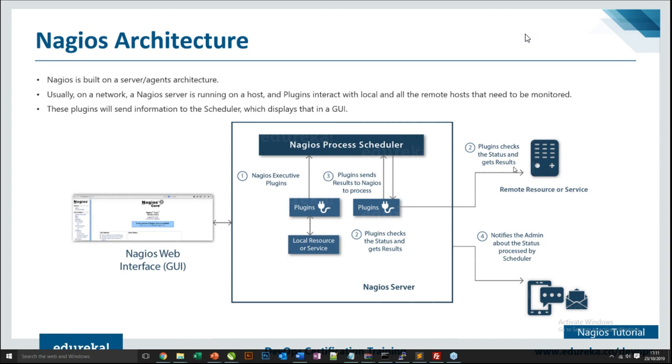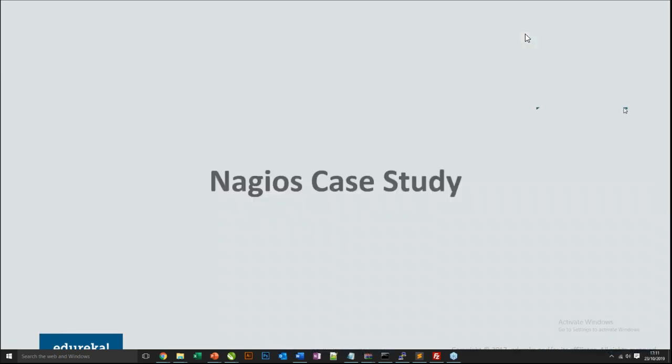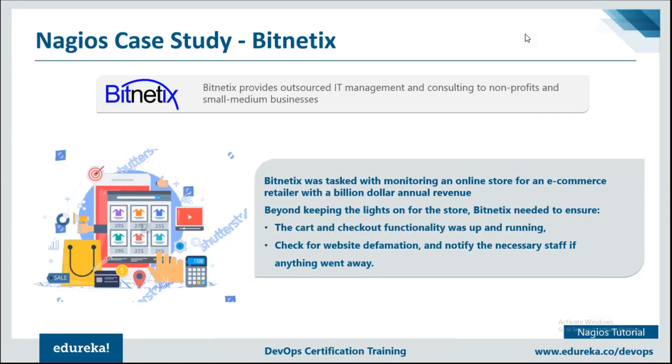All right, so now let's discuss a short case study on Nagios as well. There's a company called Bitnetics. Basically, it provides outsourced IT management and consulting to non-profits and small to medium businesses, right? Bitnetics was tasked with monitoring an online store for an e-commerce retailer with $1 billion annual revenue. Beyond keeping the lights on for the stores, Bitnetics needed to ensure the cart and checkout functionality was up